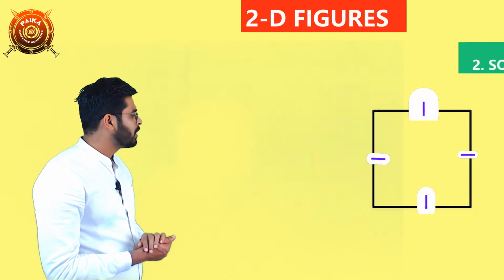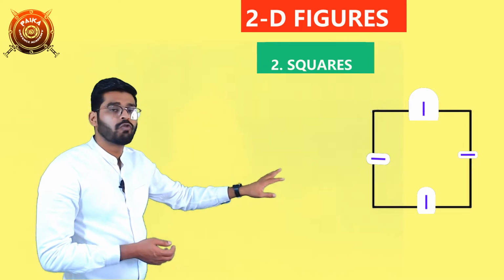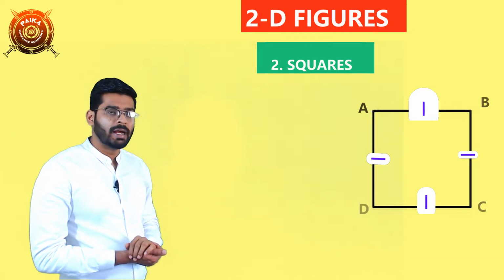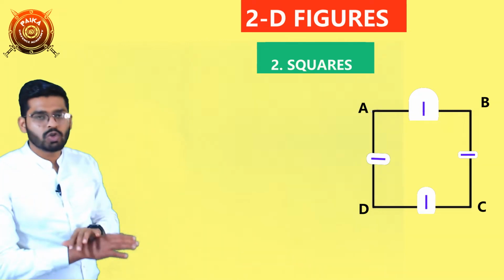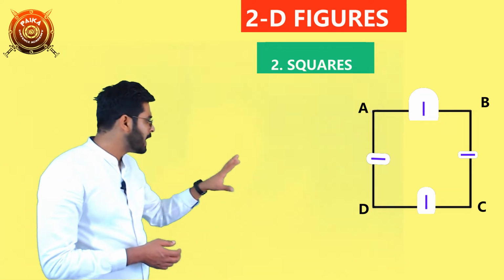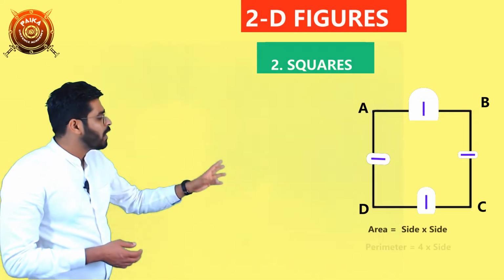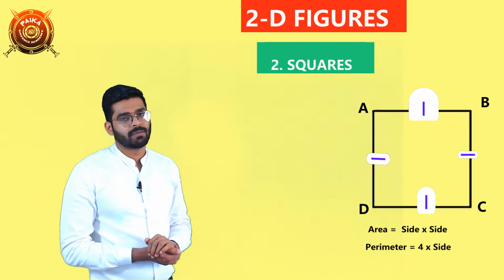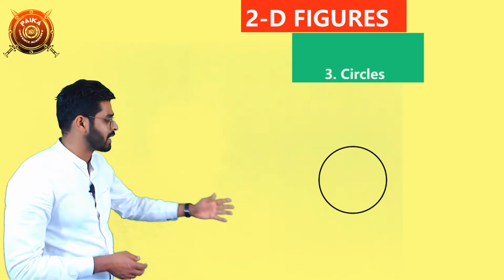Okay. Now students, if you count the number of vertices of a square, then you can find that there are also four vertices of a square, that is A, B, C, D. And AB will be equal to BC, equal to CD, equal to DA, because all sides of a square are equal. Now students, if you have to find out the area of this square, then the area of a square is side squared. And if you have to find out the perimeter of the square, that is equal to 4 into side. Okay. The last figure that we have discussed in our previous classes is a circle.